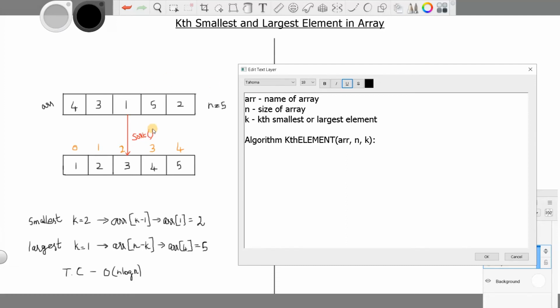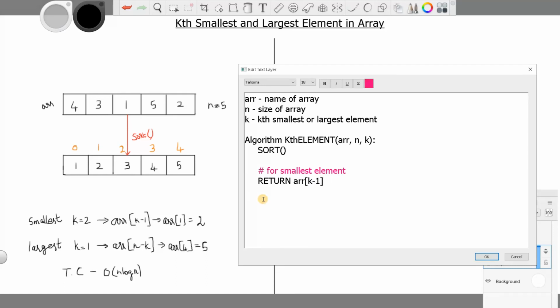First, we have to do the sorting. We will sort all the array elements in ascending order. I'm just going to call the sort function. You can implement the sort, or we can see how sorting works in upcoming videos. Now I'll use the logic for the smallest element. For the smallest element, we will directly return array of k minus 1. That is what we have done here.